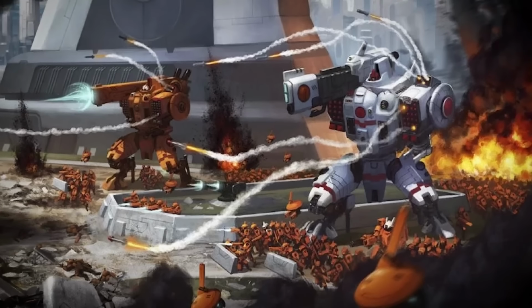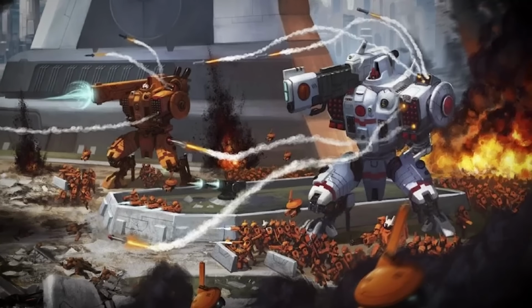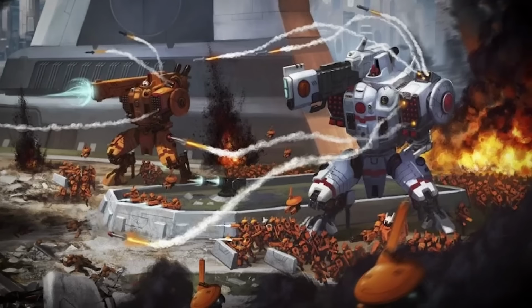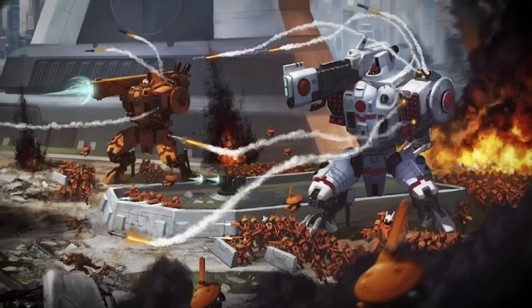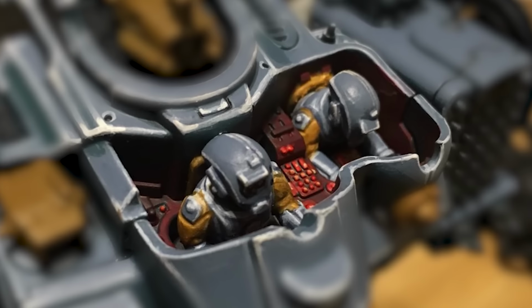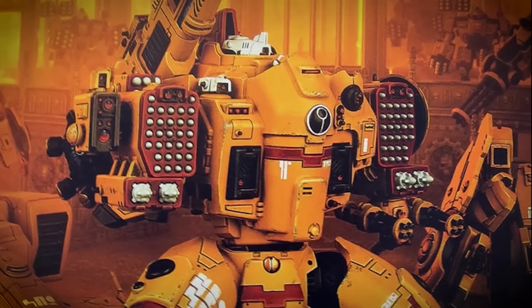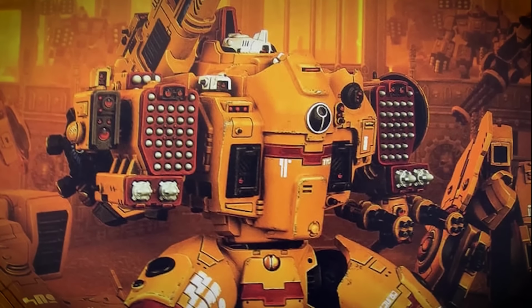Standing about the same height as an Imperial Knight, the Stormsurge is an enormous weapons platform, a walking artillery piece, and one that is so large that it needs to be piloted by 2 soldiers. Thanks to the type of weapons it uses, Tau commanders believed that the Stormsurge would be better served having at